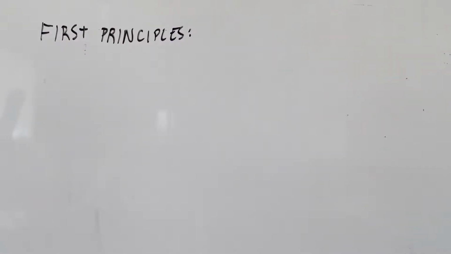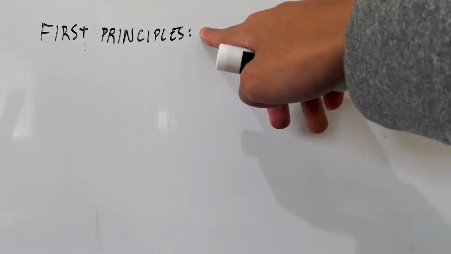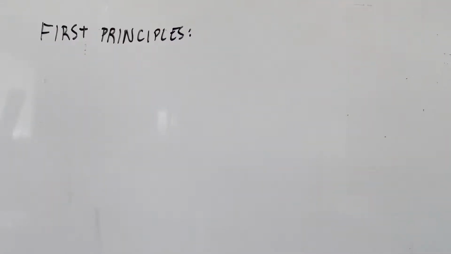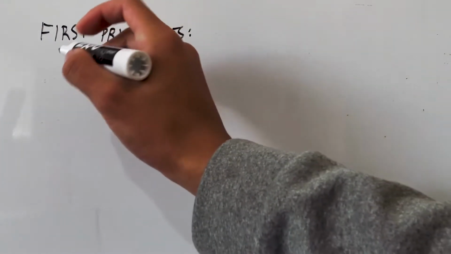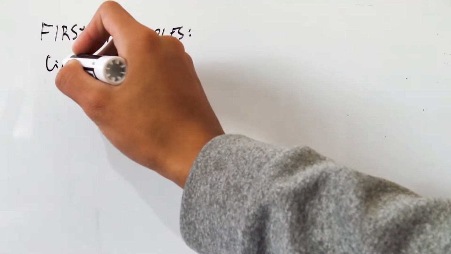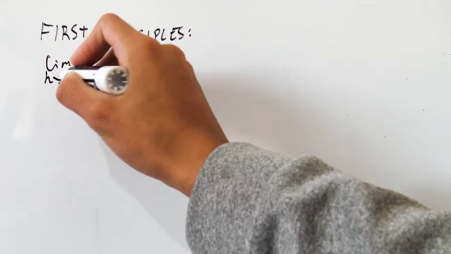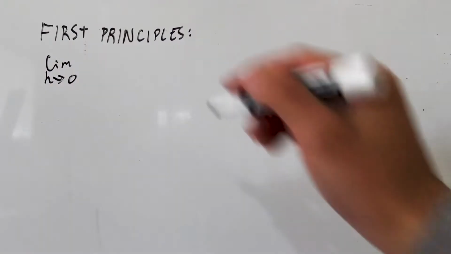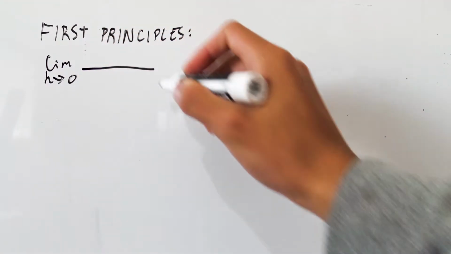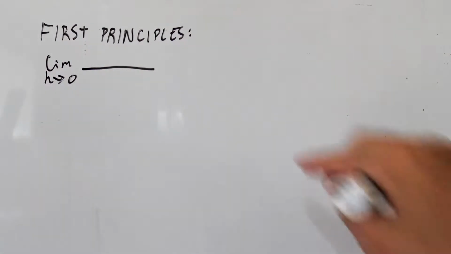Alright, hello everybody, and today we're going to be doing an example of first principles on a specific function. But first of all, let's try and remember what first principles was. Remember that we had this limit at the start here. A limit as some h approaches 0, and we had something over something, and you can remember this as rise